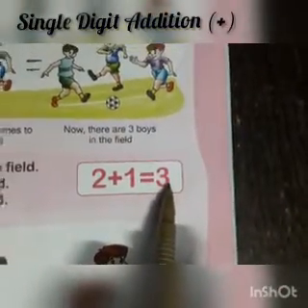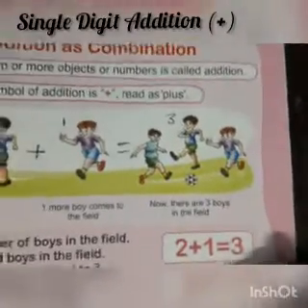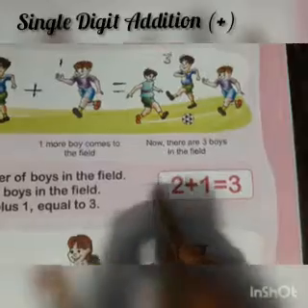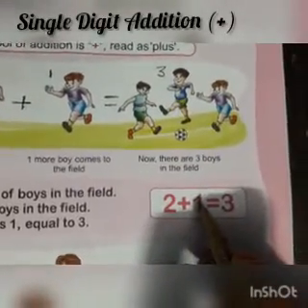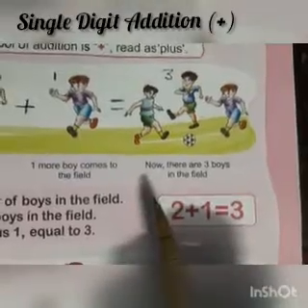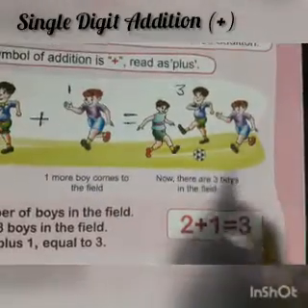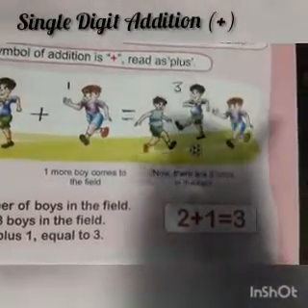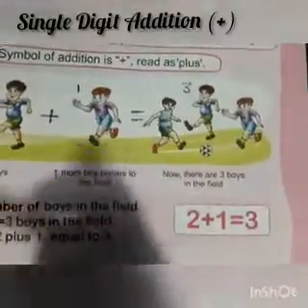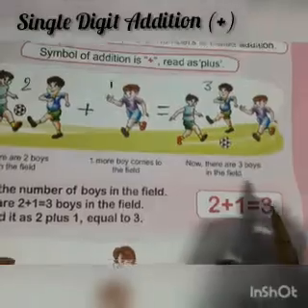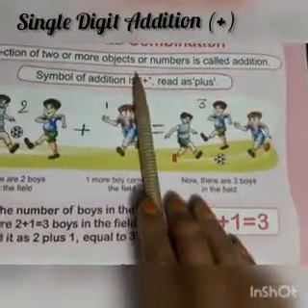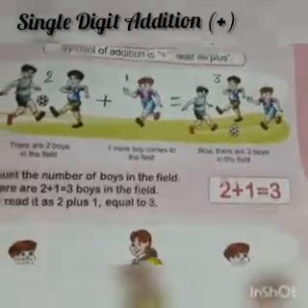Fine? Children, in another way you can learn like that. Keep the big number in your mind and the smaller number you will keep on your finger. Keep 2 in your mind, then count after 2. Then after 2 you will count only 1 because 1 is there on your finger. So after 2, 3 will come. So the answer is 3 here. 2 plus 1 is equal to 3.